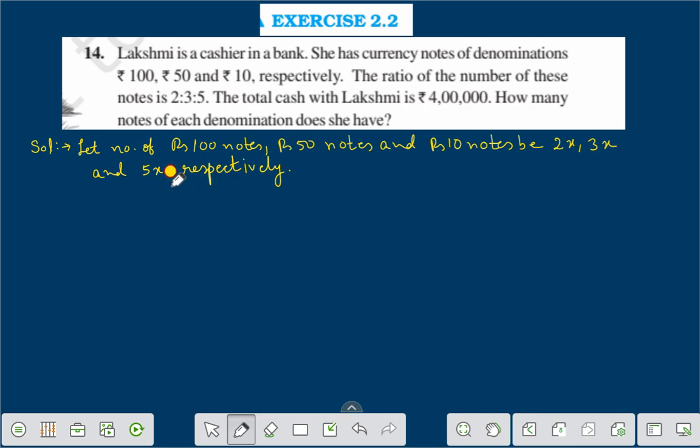Now, according to the question, the number of 100 rupee notes is 2x, right? The total amount is rupees 4 lakh. Therefore we can write